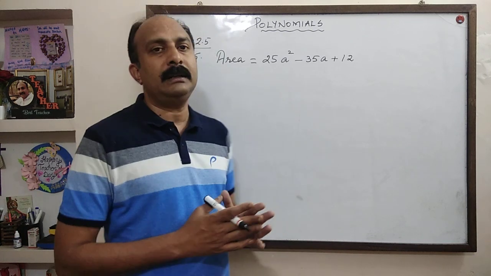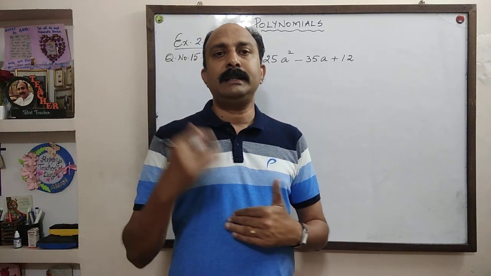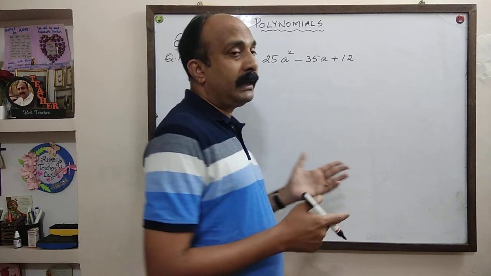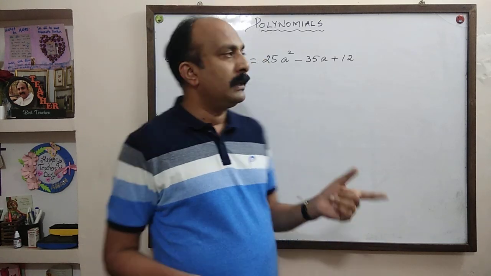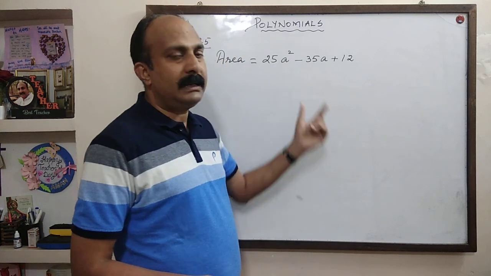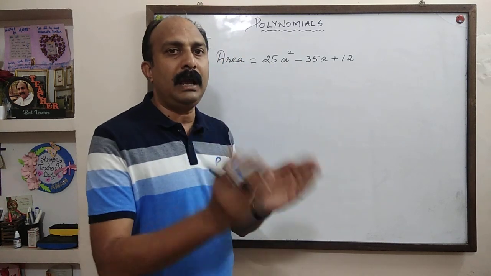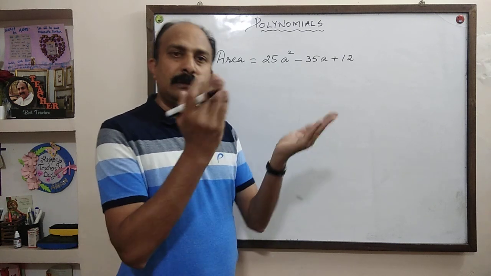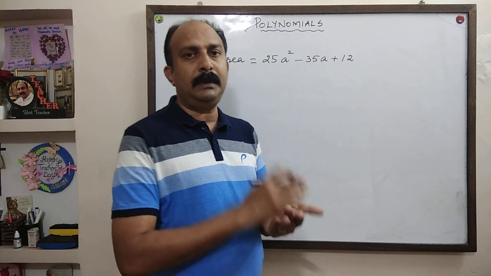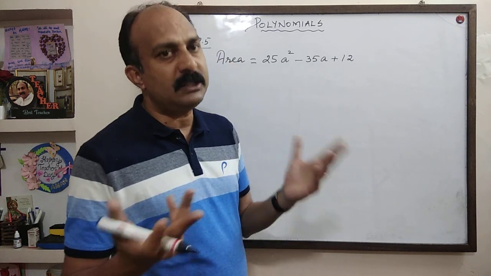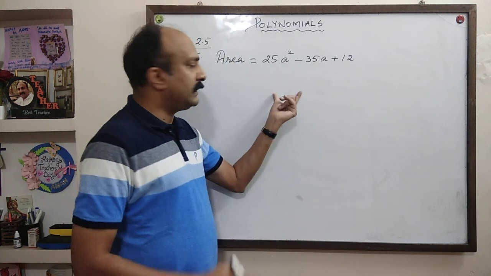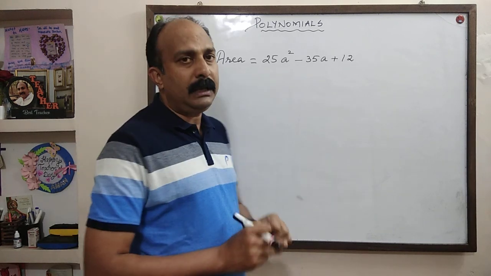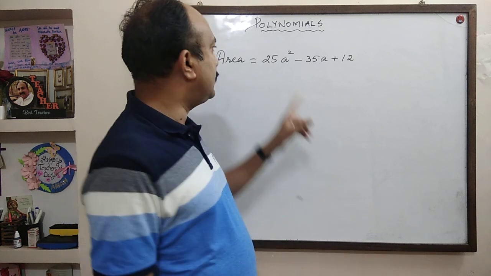One factor will be the length and the second factor will be its breadth, because area of a rectangle is length into breadth. So if we can factorize it and express it in the form of L into B, the product of two things, that one thing will be its length and the other will be its breadth. That means one factor will be the length, other factor will be the breadth. So it is simply to factorize it.